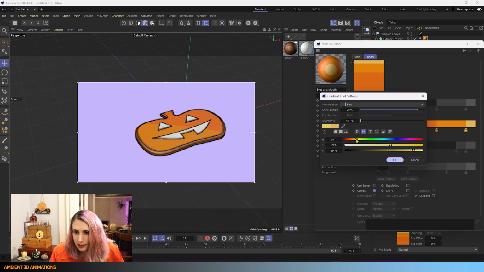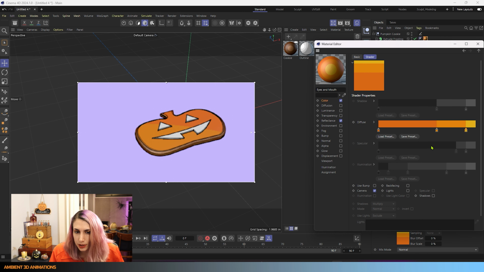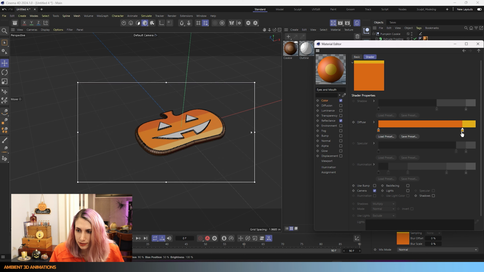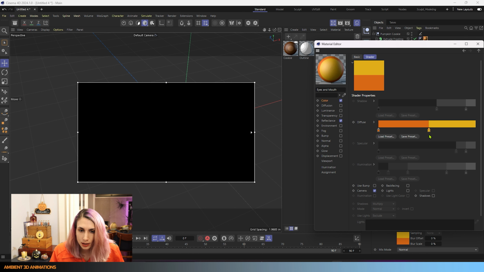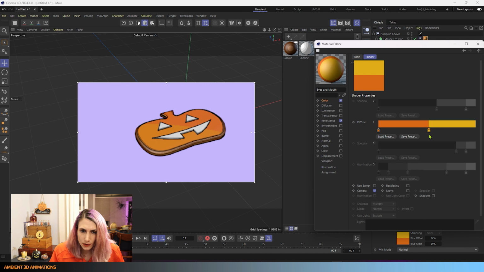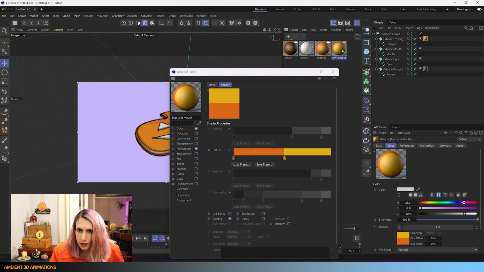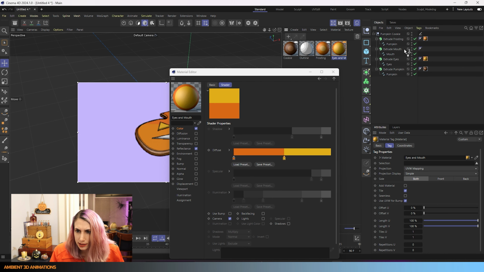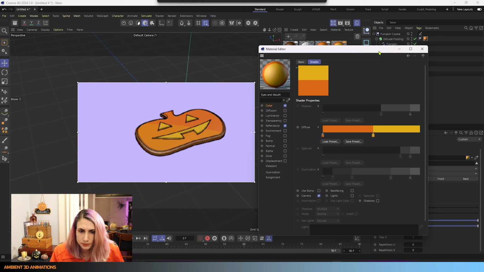So gonna move this over just a little bit. We're going to increase that saturation. Now we could make this more of a yellow color. I'm going to delete that knot there. These are called knots, by the way. And I'll add this to the eyes and mouth.